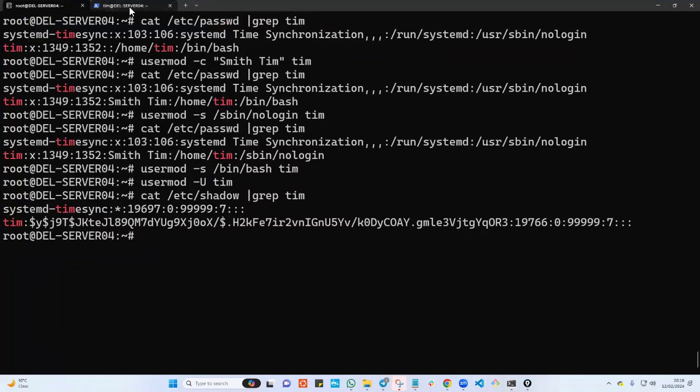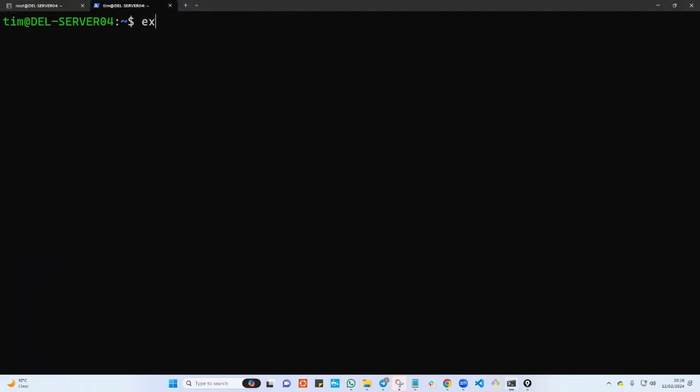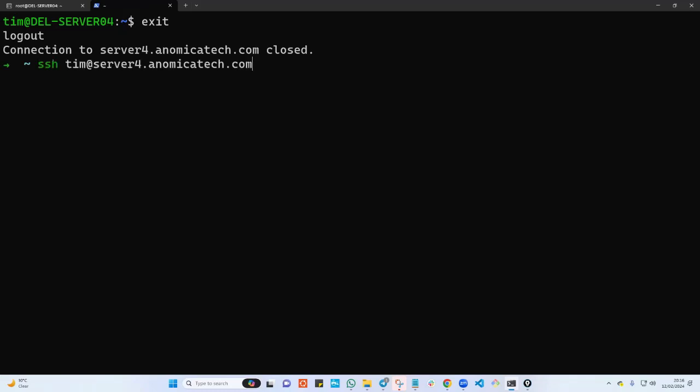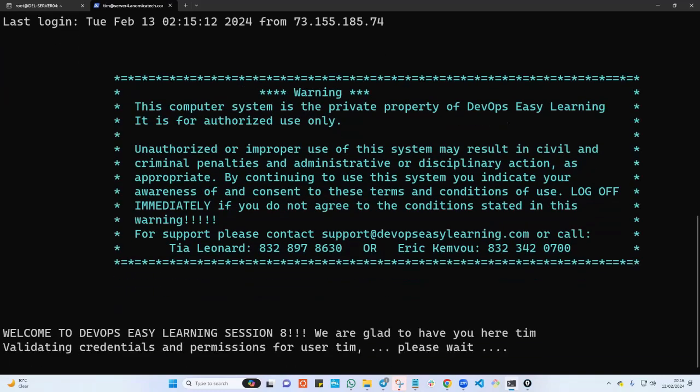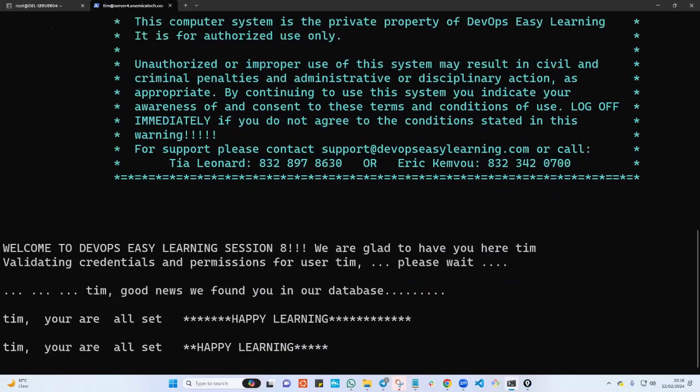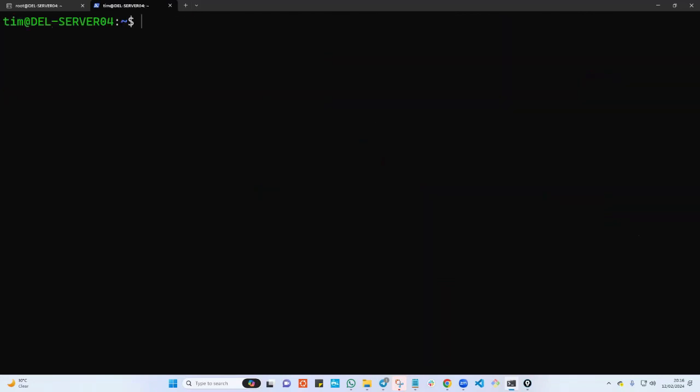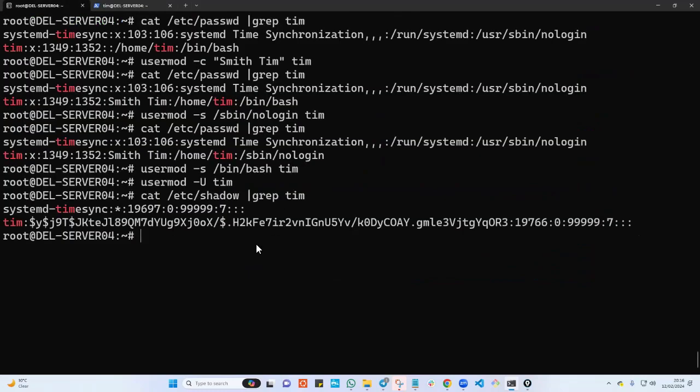If you go ahead and move to this terminal and I exit again and record this and put 1, 2, 3, 4, 5 and hit enter, oh, Tim is able to log in, which is not what I wanted, right? Because I want to lock his account so that he would not be